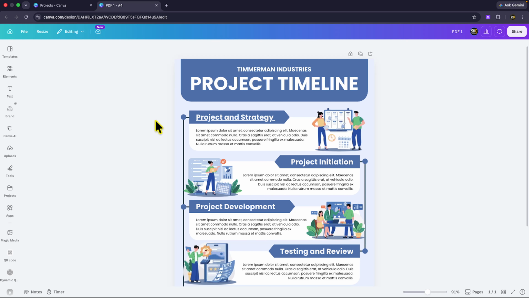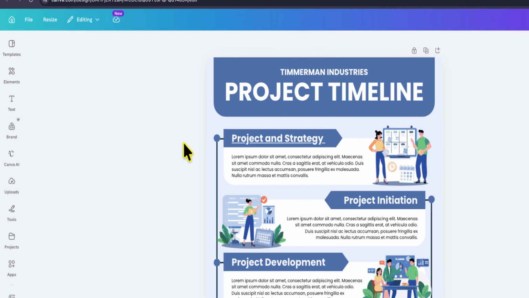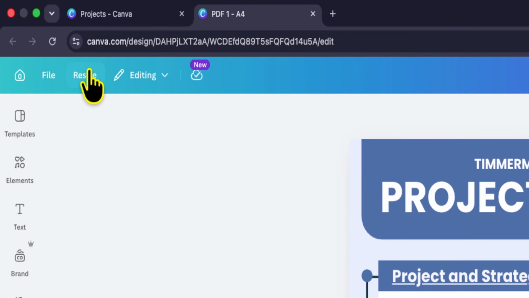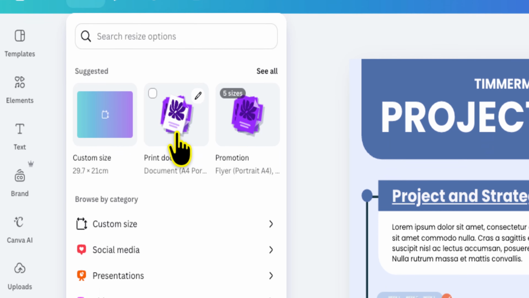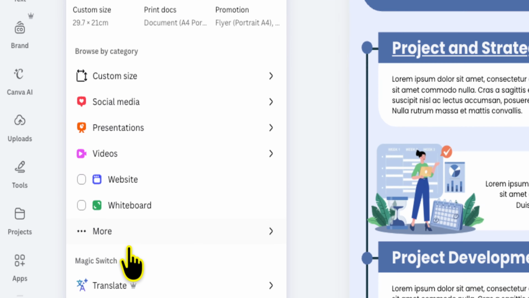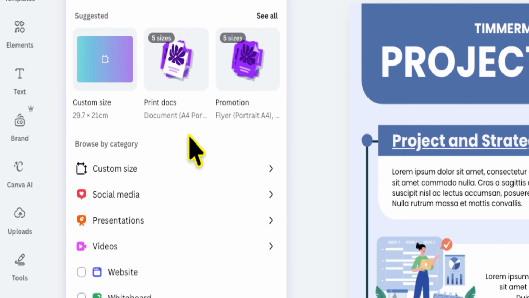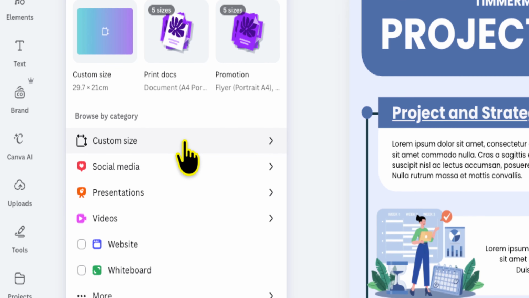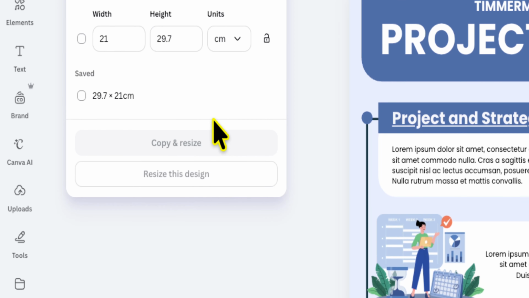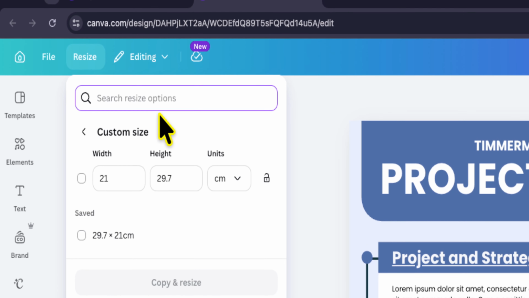So once you're inside the Canva design editor, look over to the top left corner. Next to file, click on resize. Now, when you click on resize, you'll have a range of options. Under browse by category, click on custom size. Now, when you click on custom size,